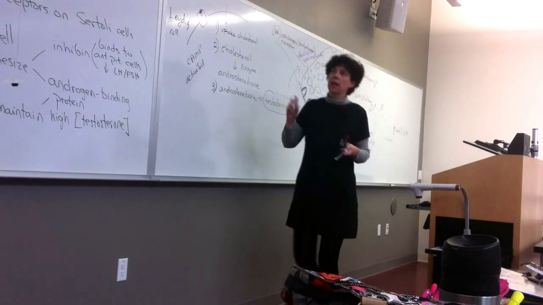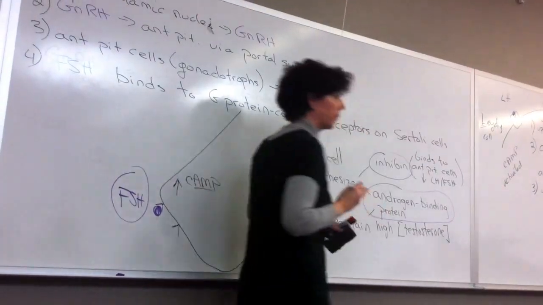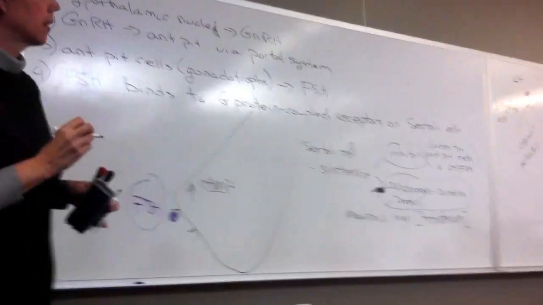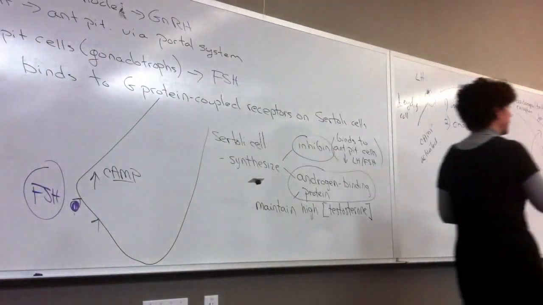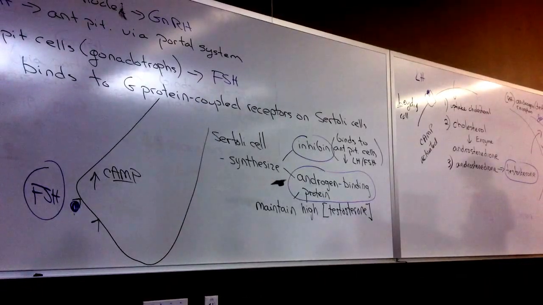Then the Sertoli cell binds FSH and makes these molecules. Both LH and FSH working via cyclic AMP components. All right, now let's look at spermatogenesis. So this is